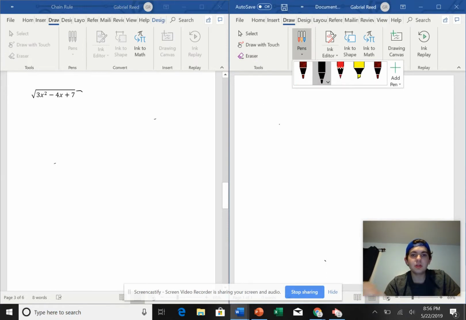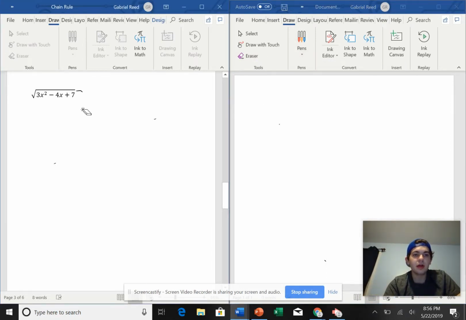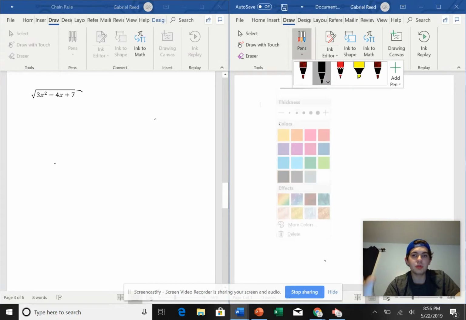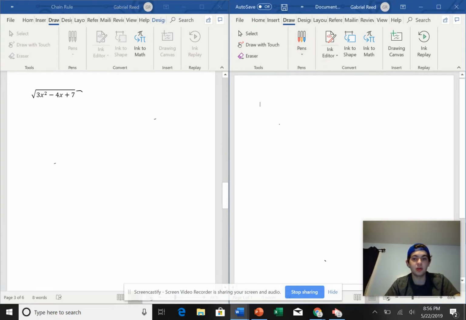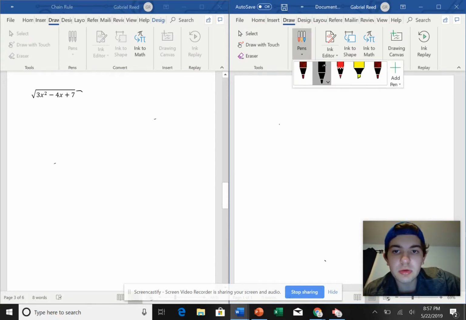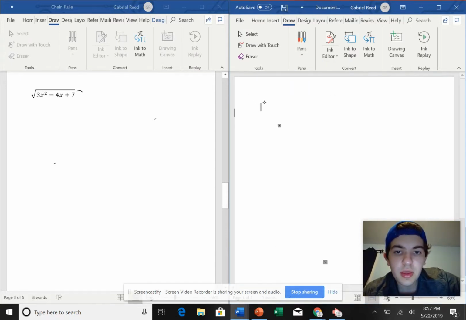Now, for this one, you don't really know how to start, or what to have as your inner function, since this is 3x squared minus 4x plus 7. But I'm going to rewrite this equation so it looks like the other two that we did previously. So if you're finding the square root of an equation, it's like raising that equation to the 1/2 power. So I'm going to rewrite this equation as